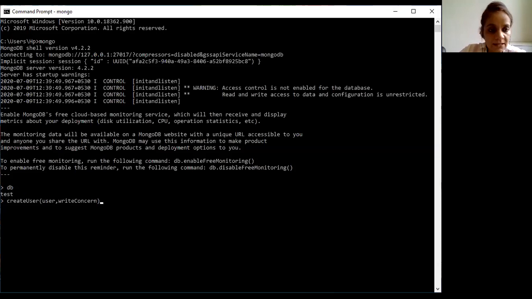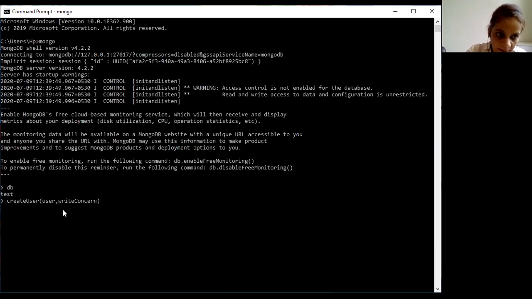This method has the syntax db.createUser, and then two parameters, user and writeConcern. This field user has data type document, and it is the document with authentication and access information about the user which we want to create.